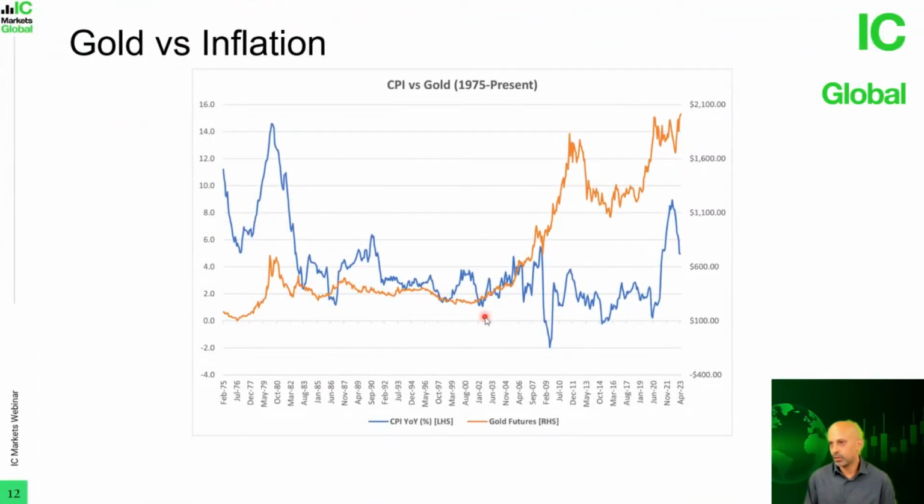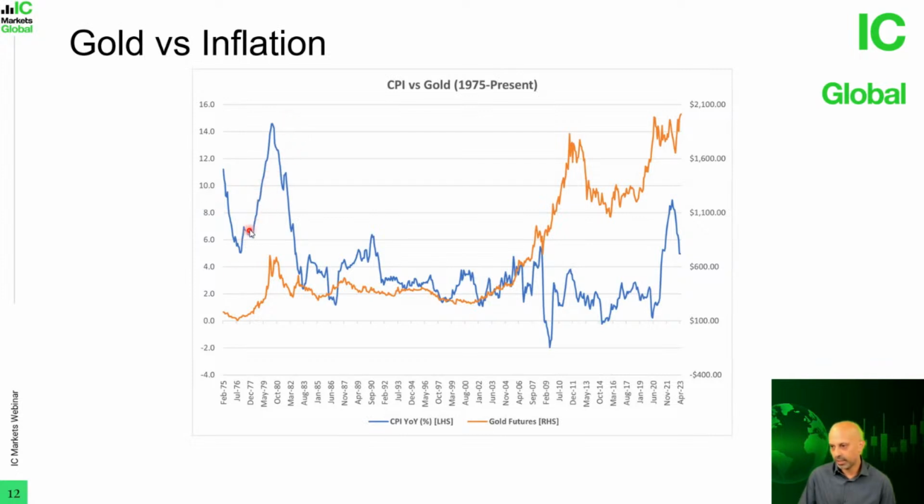All right, so when we look at gold and inflation, we're going to compare the prices of gold futures with the CPI in the US. So CPI is Consumer Price Index. It measures the level of consumer inflation, and this is on an annualized basis. So gold prices are charted in orange here, and the axis is on the right, and CPI data on an annualized basis, year over year, is plotted on the left. So as you can see, the late 70s was another period of high inflation, right? The early 70s to late 70s was a period of high inflation as well.